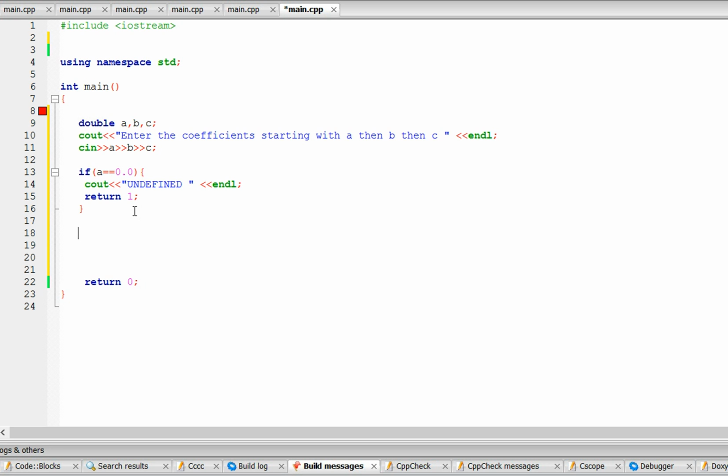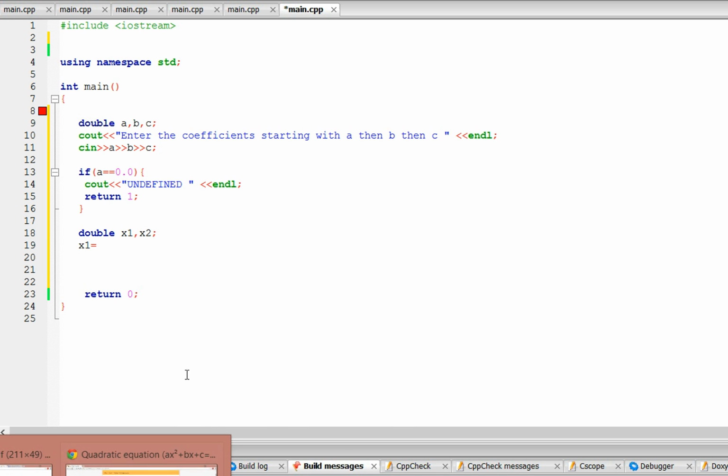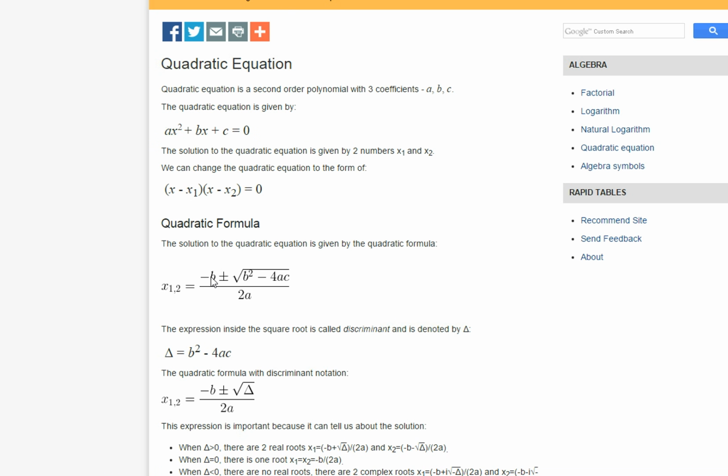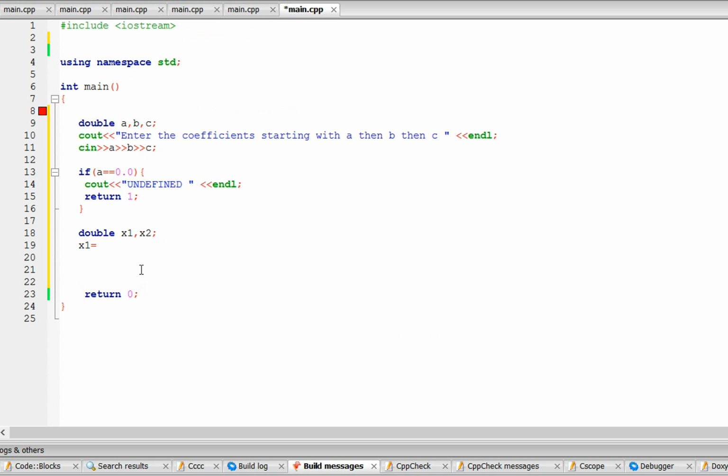Alright, and if it's not 0, then we're going to have two roots. Let's call them x1 and x2. x1 is going to equal the negative b plus square root of b squared minus 4ac, over 2a, and let's call x2 the one where you subtract. Okay, so we're going to say that x1 is going to equal negative b